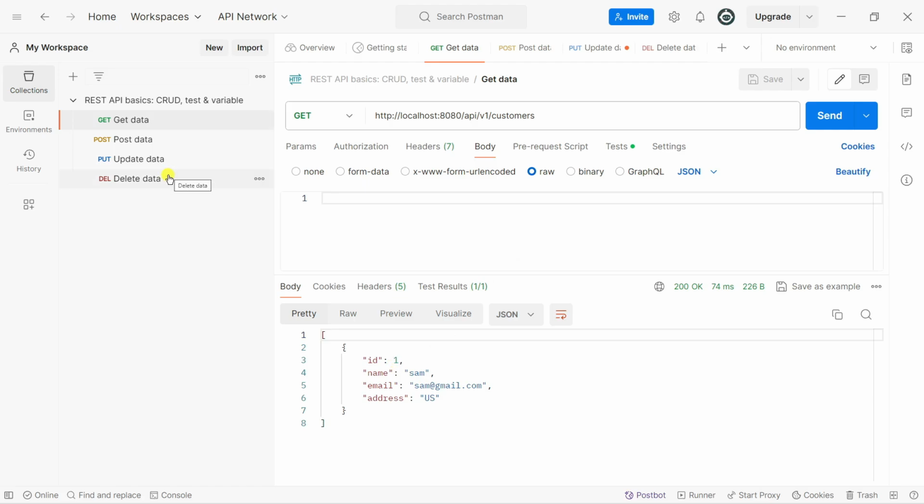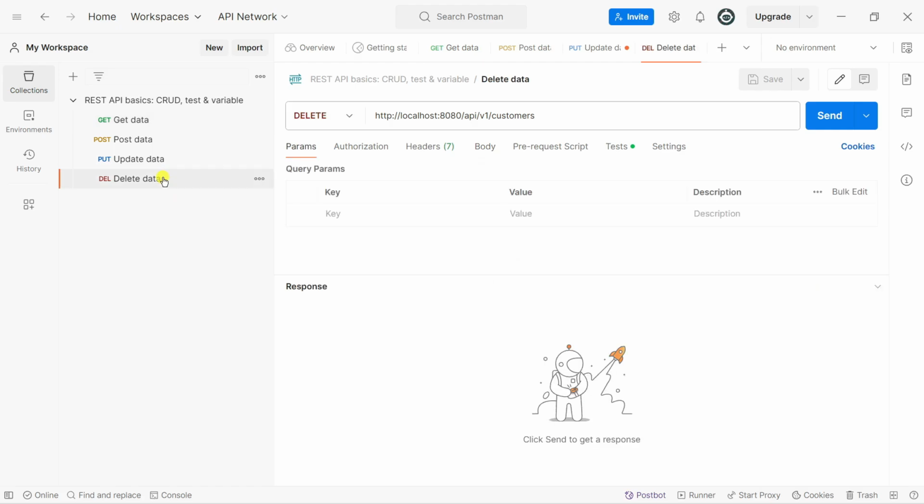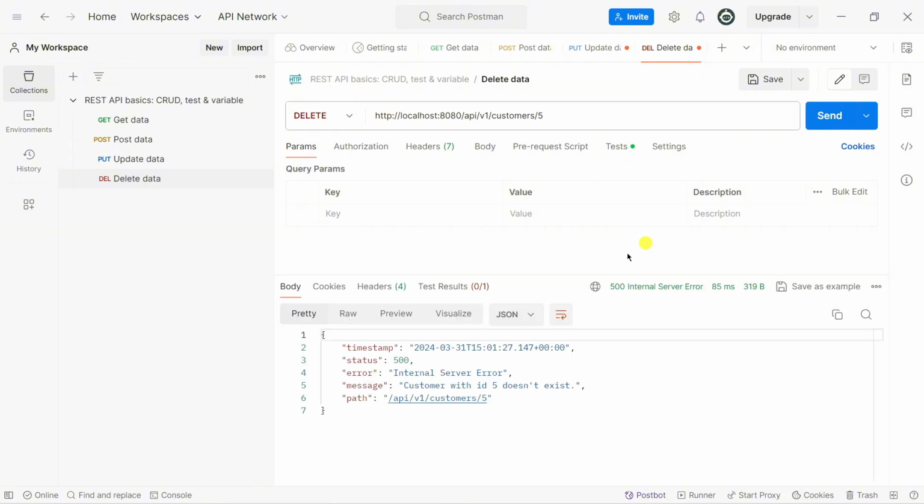Now if I go to the delete request and I would like to delete customer number 5, this will throw the error for us. Click on send. So you can see here we receive the message response: customer with ID 5 does not exist. Let's change it to 1 and click on send.